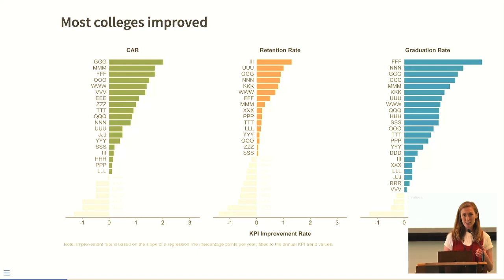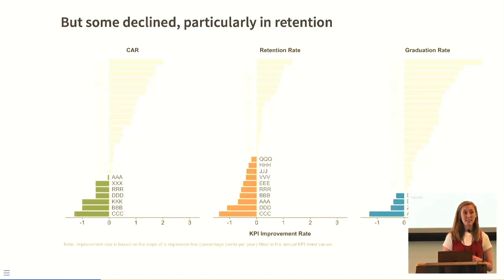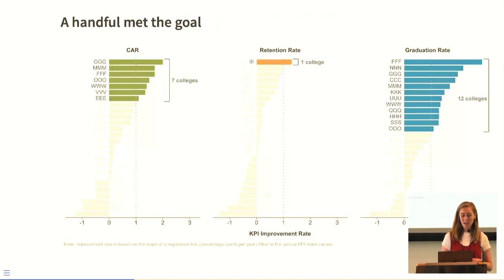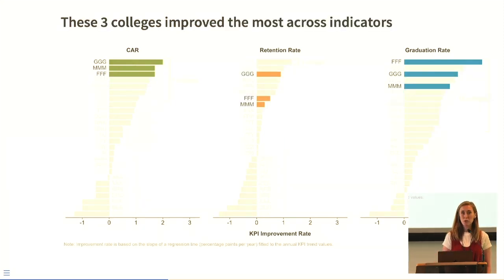Most colleges had rates to the right of 0, which means they improved. But some colleges declined, particularly in retention. They're in the middle. A handful met the 1 percentage point per year improvement goal. And these 3 colleges improved the most across indicators, so they were the ones we selected for the case study